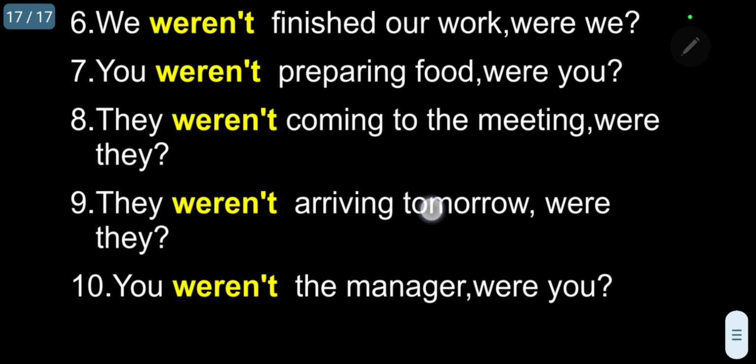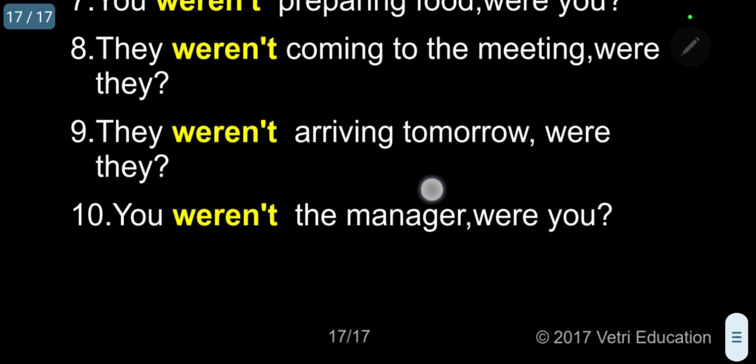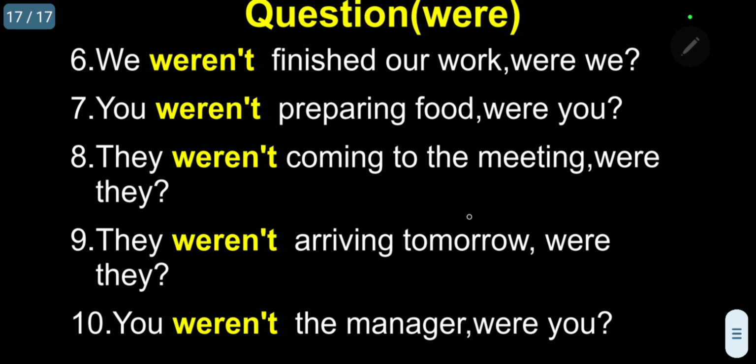So here, I want to give the most important information to you. I have used the first type of auxiliary verbs: is, are, was, and were. In the next class, I will use the second and third types, that is do, does, did, has, have, had, which I will discuss.